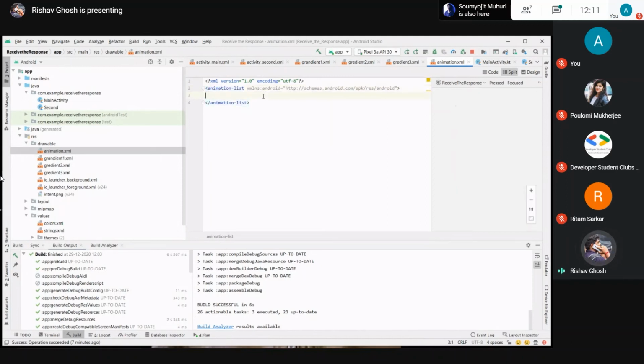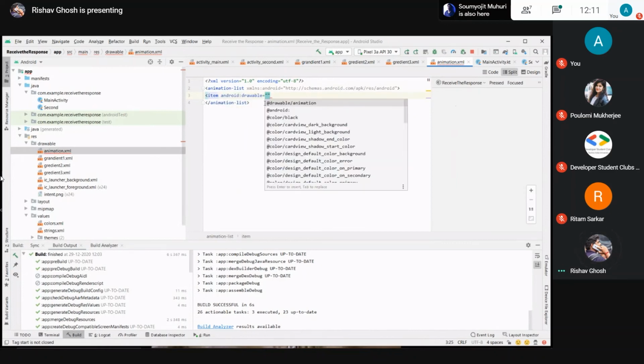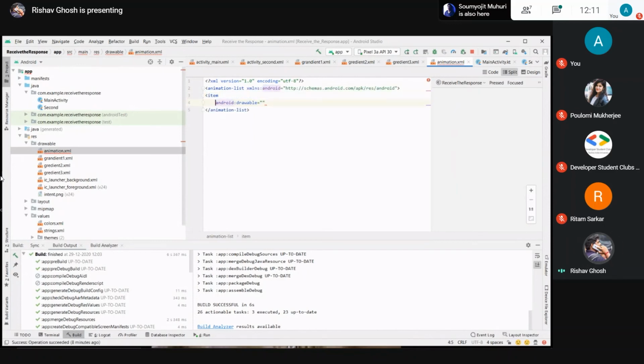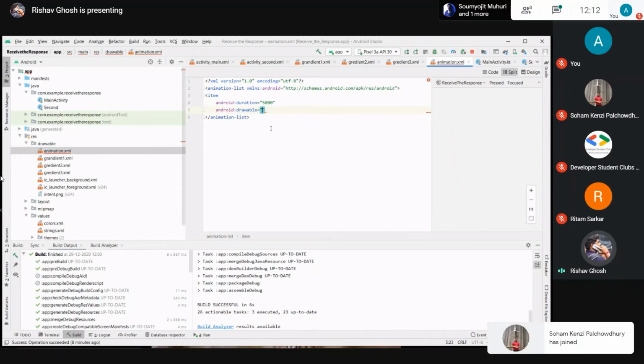Okay, animation list, and then we just put item. No, sorry, we just need to make duration. So duration, I give it 5000 ms, and for the drawable we just give it